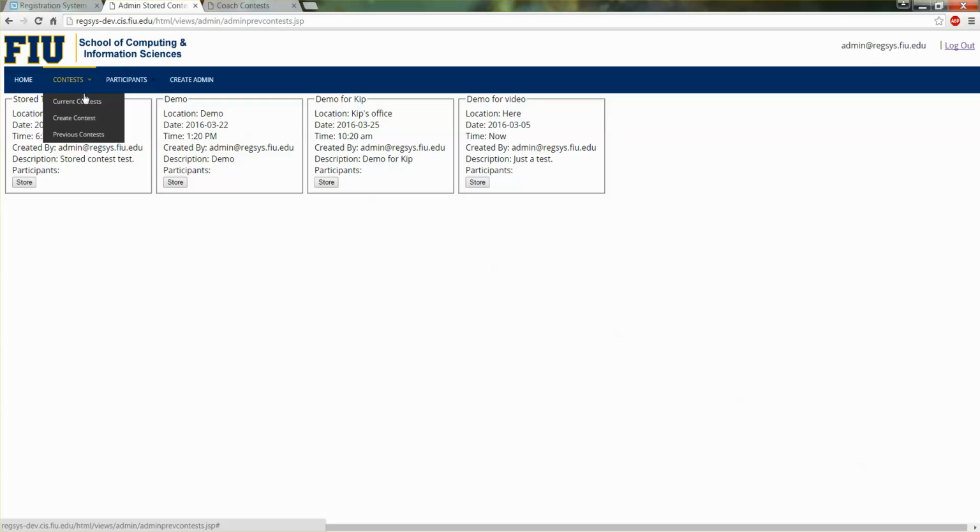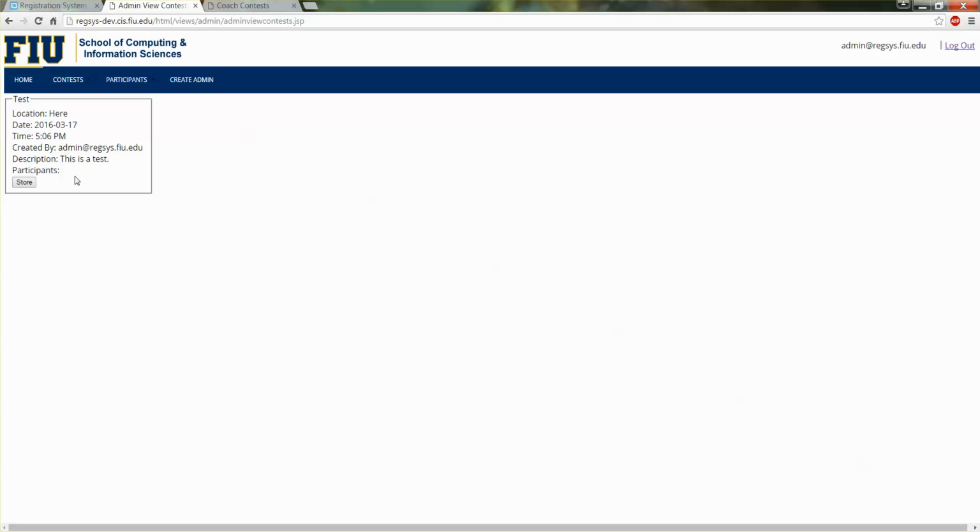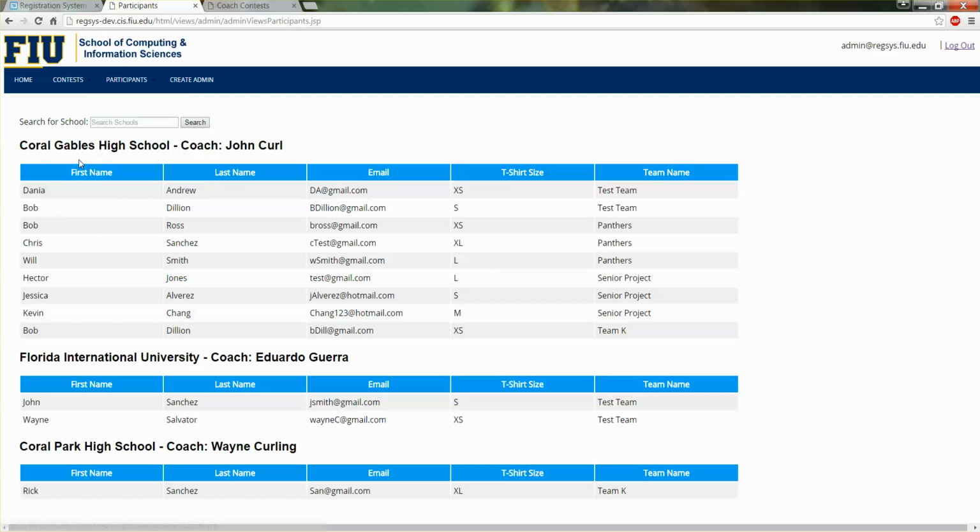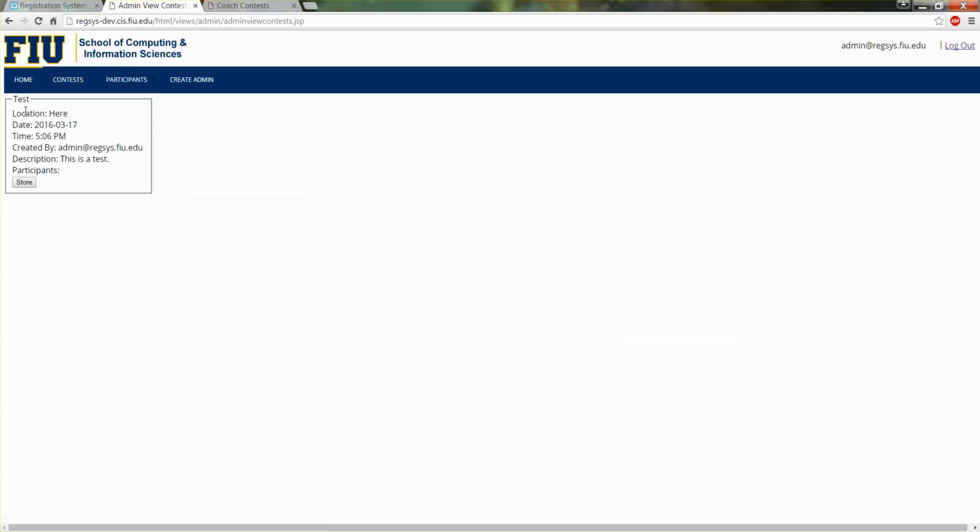So, for example, an idea that our product owner had was maybe that once the store button is pressed, the system prints out a PDF with all the users in the system and their schools, their coaches, their team names, and the information for the contest. That would be a great way to store it.